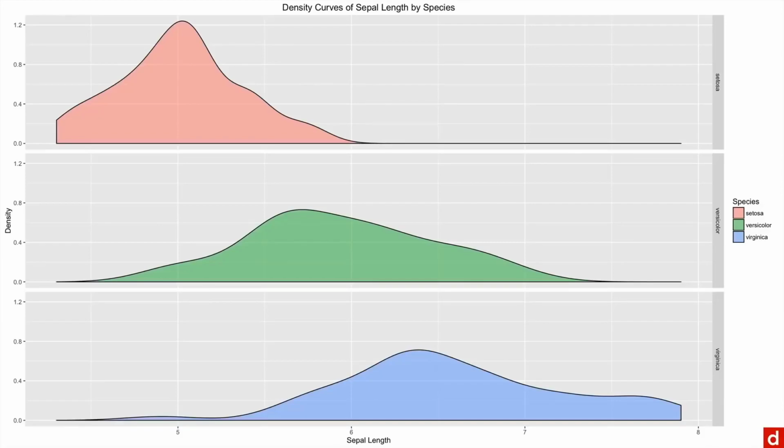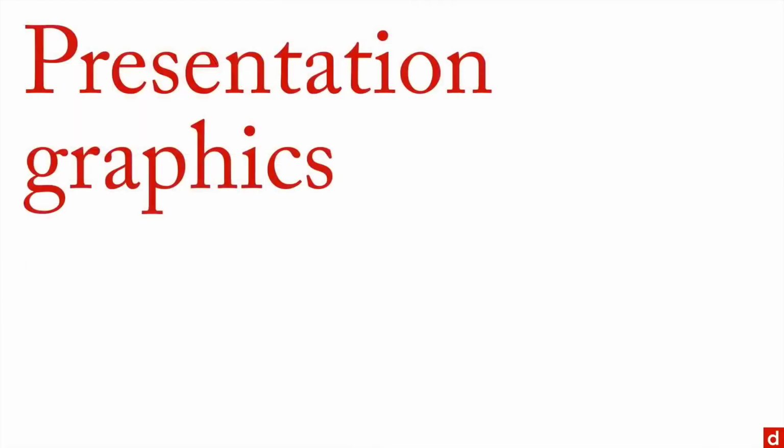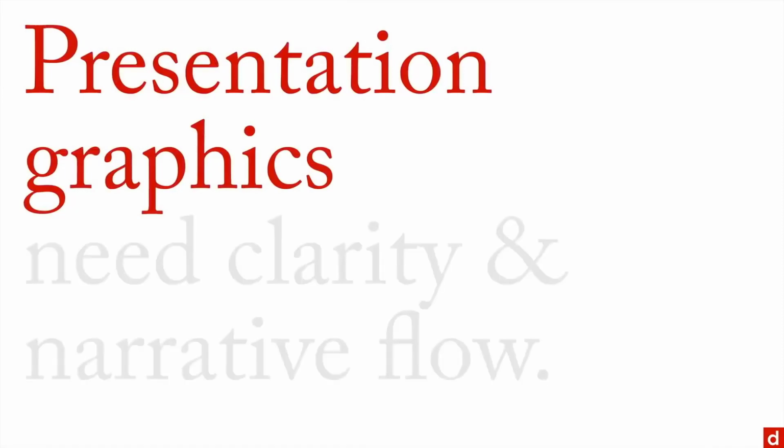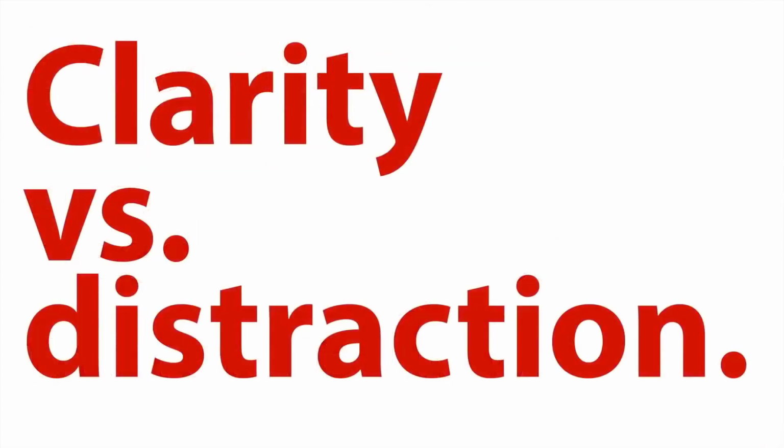and then you do other things as a result of that. On the other hand, presentation graphics, which are for the benefit of your client, those need clarity and they need a narrative flow. Now, let me talk about each of those characteristics very briefly. Clarity versus distraction. There are things that can go wrong in graphics. Number one is colors. Colors can actually be a problem. Also, three-dimensional or false third dimensions are nearly always a distraction.